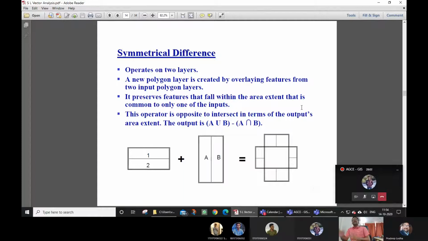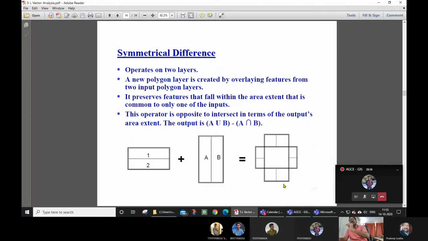Likewise, symmetrical difference is also an operation. In the first operation, you saw union, where both were clubbed together and all the areas and regions went into the output layer. Here, in symmetrical difference, when you club these two, the common part is taken out and the rest of the things appear in the output layer.